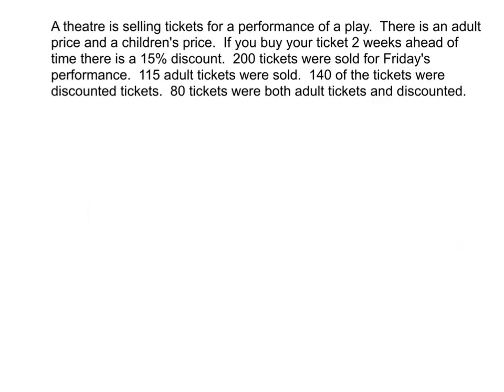Okay? And what we're going to do is we're going to create a chart, just like what we did in the other one. The other one you were given a chart. This time we're going to try to construct that chart. So let's think about it. We know that there's 200 tickets sold. That's the total number of tickets. And we can separate those tickets 2 ways, right? You could either think about it as adult tickets and child tickets,